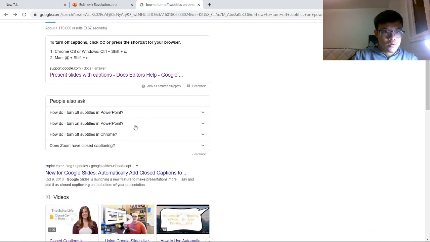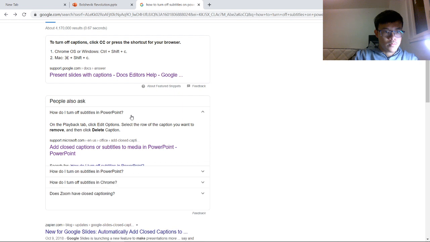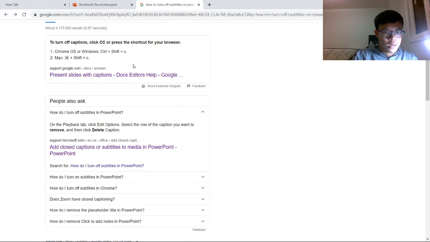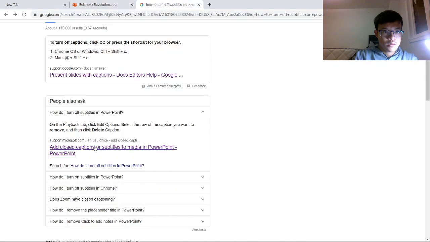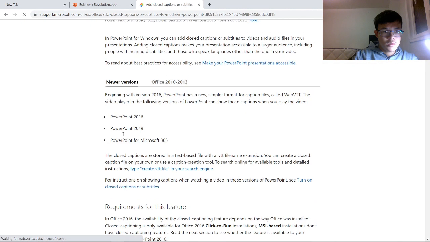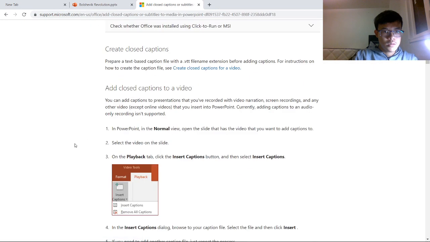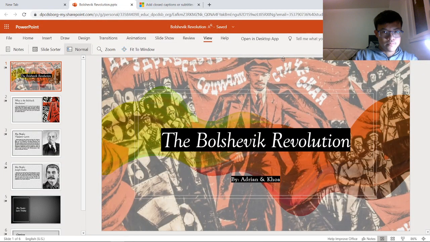How do I turn off the title in Chrome? How do I turn off the title in PowerPoint? On the playback tab, click edit option. On the playback tab, okay. So in the normal view, open the slide with the video you want to add a caption to. Select the video on the slide. On the playback tab,